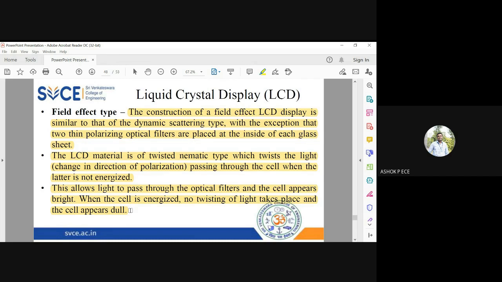But when you apply a field and you do not allow the light to pass through the liquid crystal, then the optical filter has no input. So the cell is going to appear dull because no twisting of light